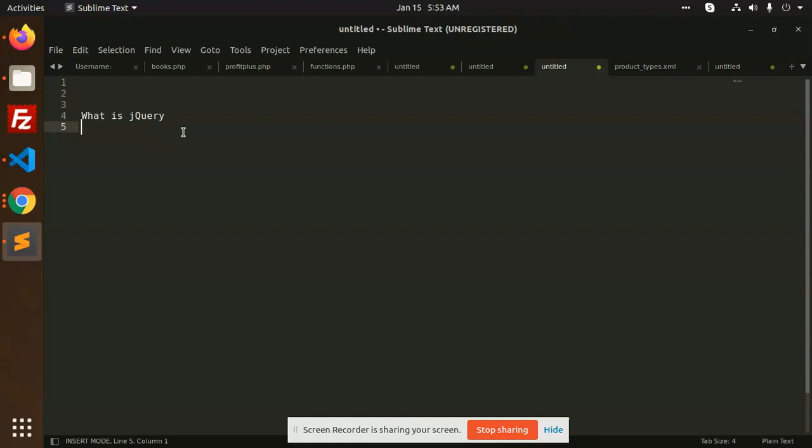Suppose you want to perform an action on a button click. With the help of jQuery, you can use the .click function and perform the action accordingly. You can submit the form with the help of jQuery and validate the form, whether all the fields are valid or not. We are all going to learn this in these jQuery tutorials, and please be with us